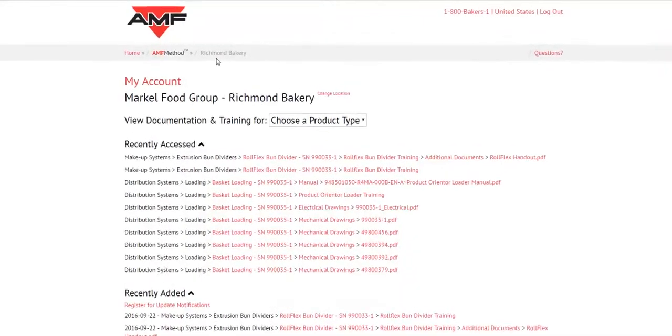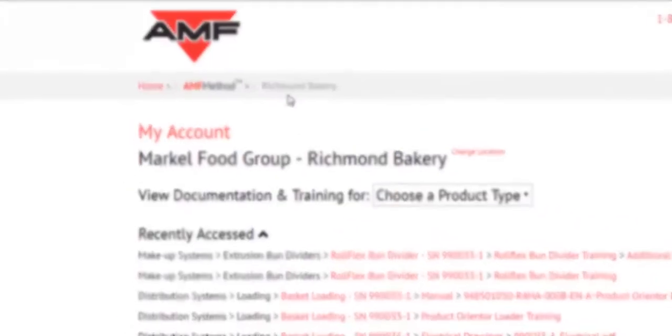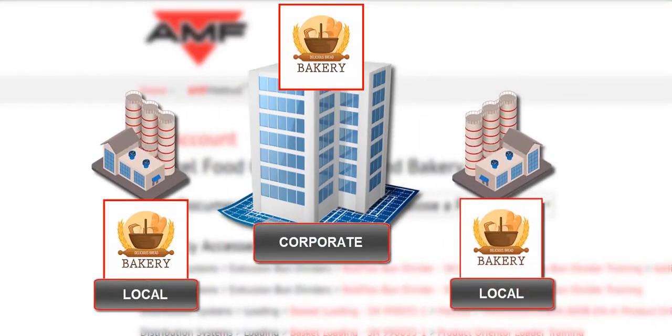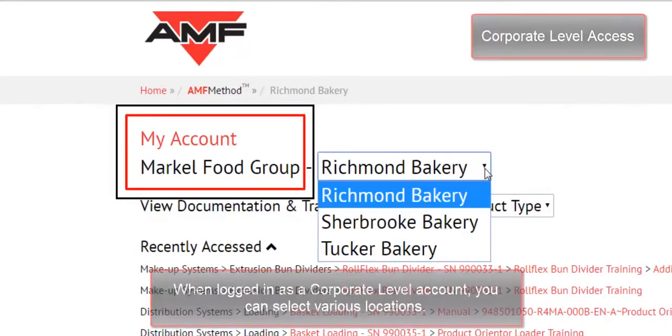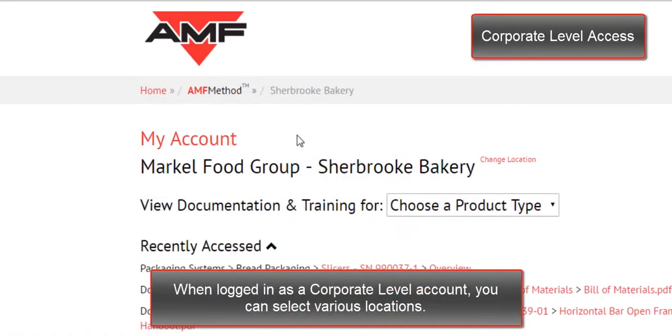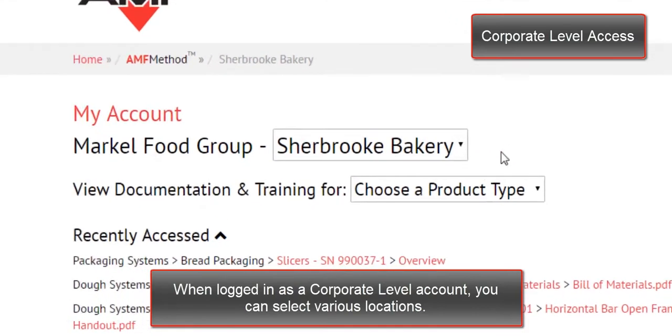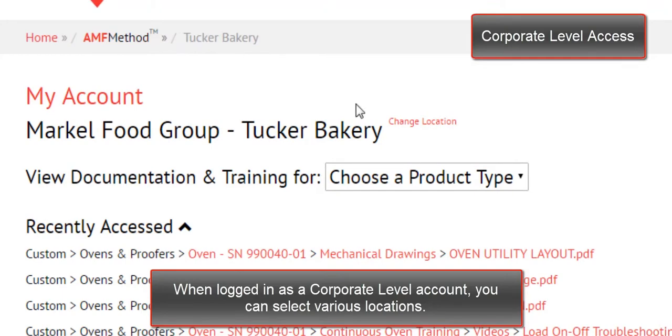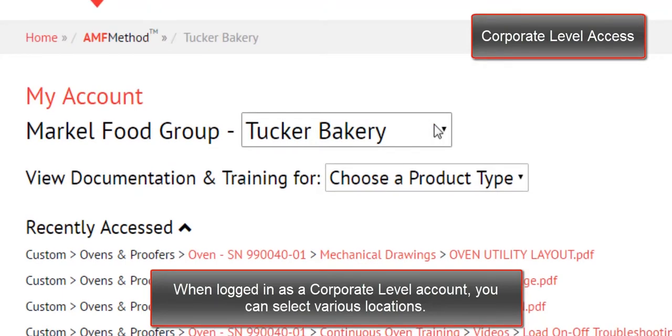There are two levels of user access. One being corporate level accounts, and local level accounts, specific to a bakery location. When logged in as a corporate level account, users can select various locations under their corporate account. While logged in under corporate level access, the user can easily select and change locations to reveal documentation that is